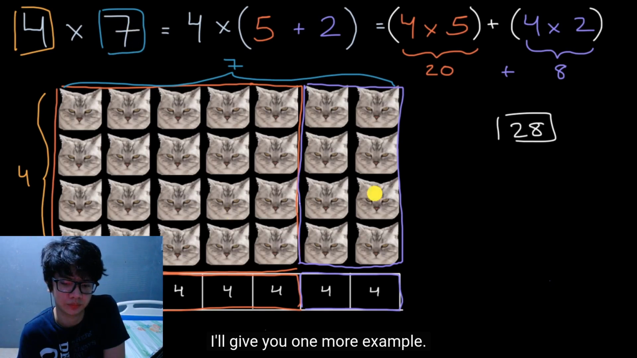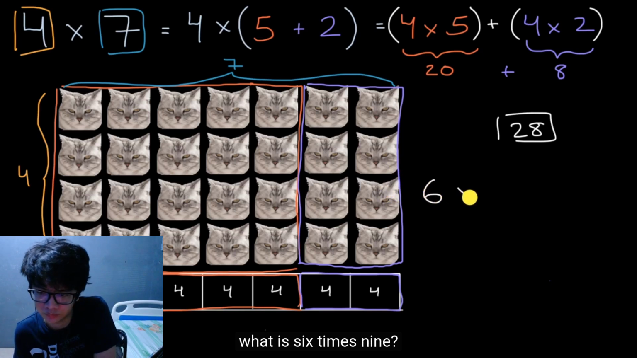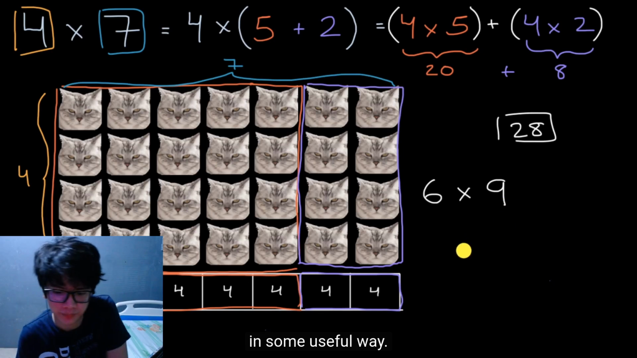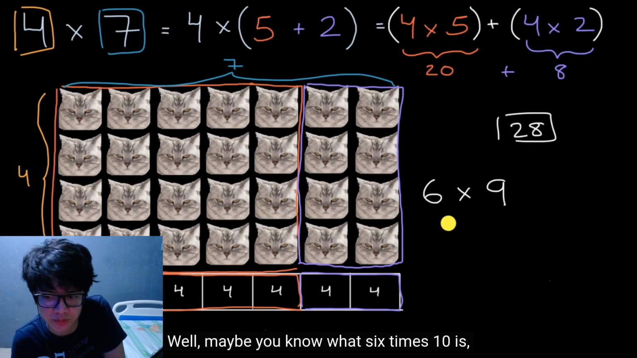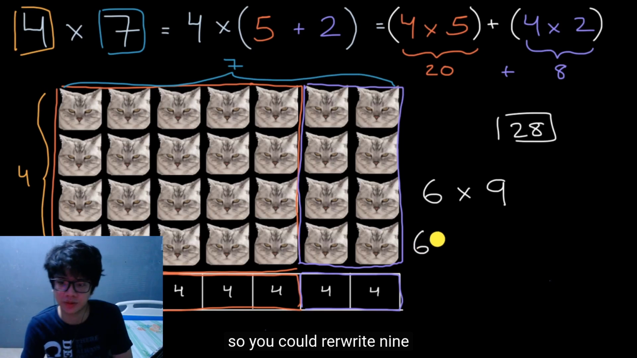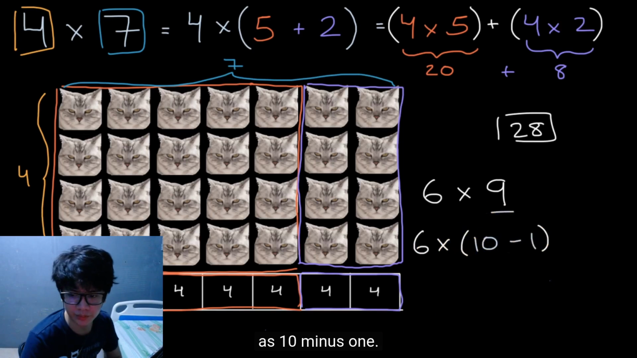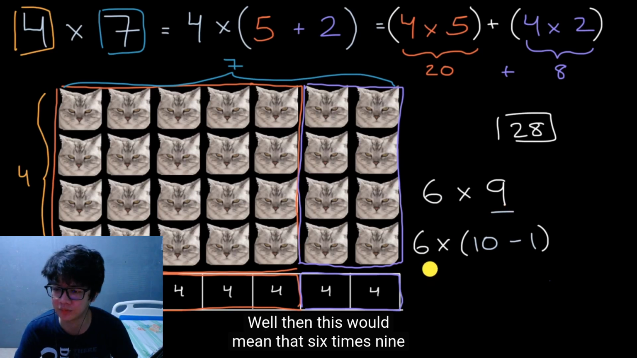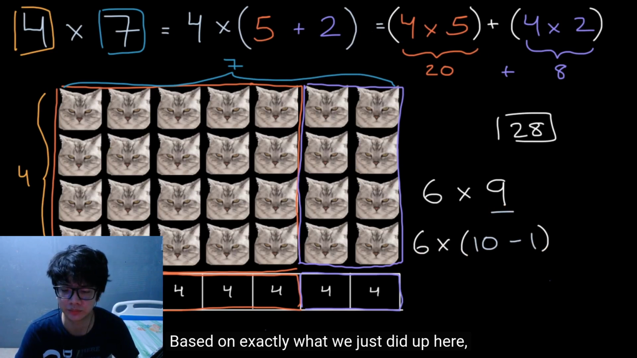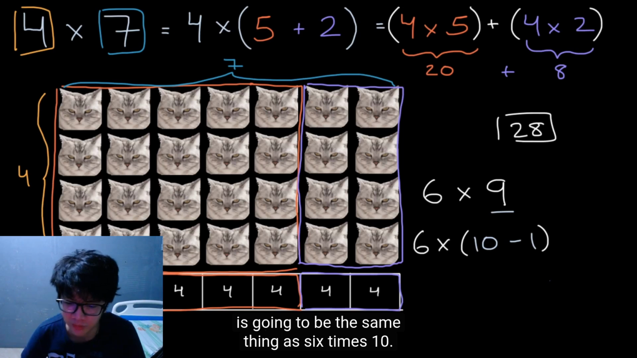I'll give you one more example. Let's say someone were to ask you, well, what is 6 times 9? Pause this video and see if you can break this down in some useful way. Well, maybe you know what 6 times 10 is, and you also know what 6 times 1 is. So you could rewrite 9 as 10 minus 1. Well, then this would mean that 6 times 9 is the same thing as 6 times 10 minus 1. Based on exactly what we just did up here, that says that this whole thing is going to be the same thing as 6 times 10